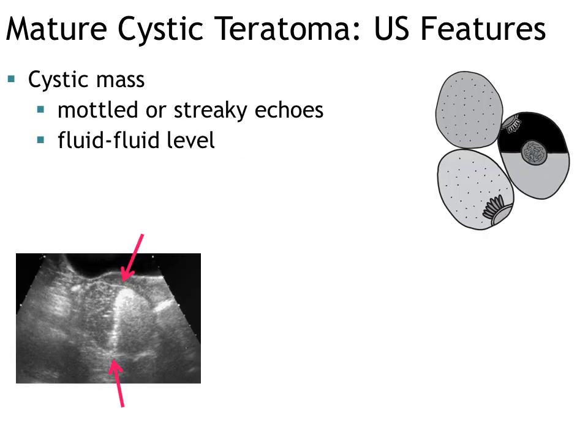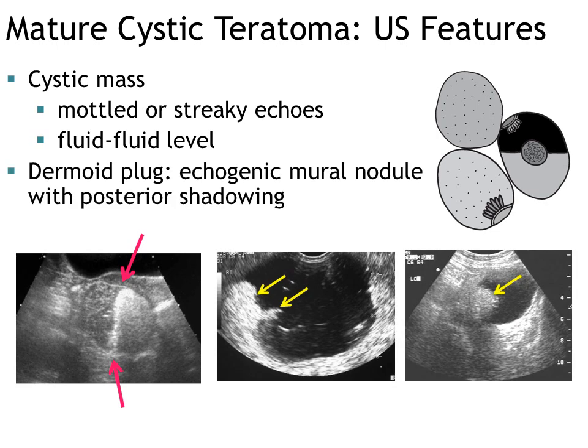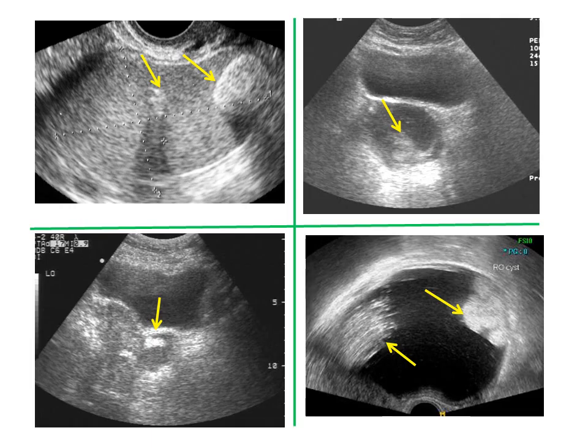Ultrasound features of mature cystic teratoma are mottled or streaky echoes or fluid level within a cystic mass, and dermoid plaque appearing as an echogenic mural nodule with posterior shadowing. Here are 4 different cases of mature cystic teratoma showing various ultrasound features, but common finding is strong echogenicity within